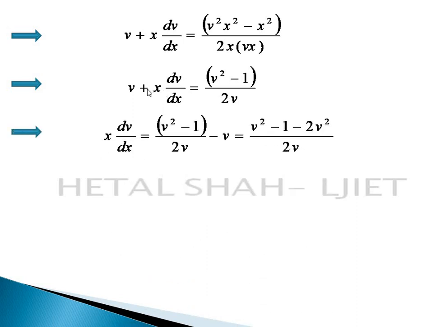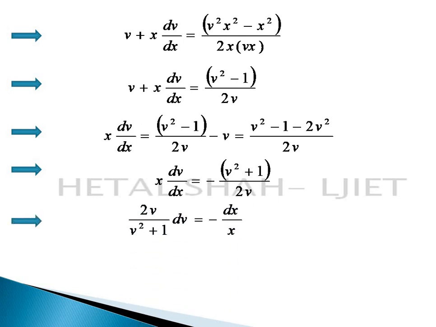Now x dv by dx, if we move v to the right side, we get v square minus 1 upon 2v minus v. By simplifying this, we get v square minus 1 minus 2v square upon 2v, that is nothing but minus v square plus 1 upon 2v. If we apply the variable separable method, both variables are separate here, with dv a function of v and with dx a function of x, so integrating both sides, and the integration of 2v upon v square